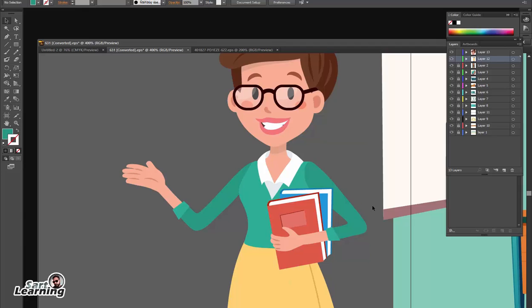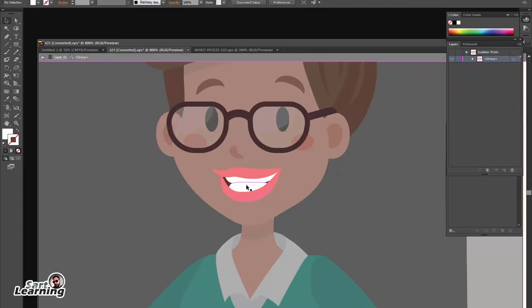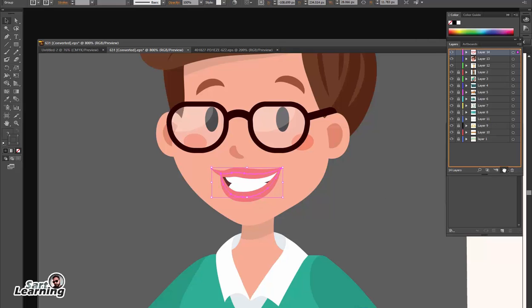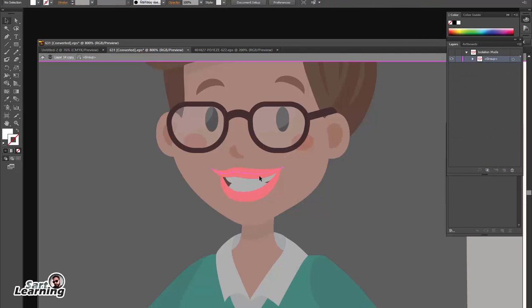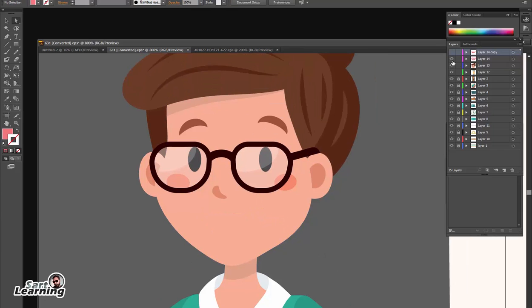Now this is my body part, which is on one layer, and the face is separate. I also want to animate the lip syncing, so I cut all the lips and teeth part from the image and paste them into a new layer, and make another group of the same image and close the mouth with the help of the pen tool. So I just make lips which are closed. Now I have two lip syncing parts, one open and one closed.